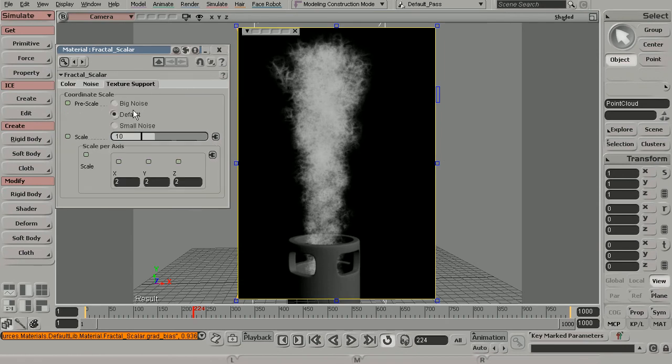We also have in the Fractal Scaler the texture support. Now this is another thing that's really important because, again, depending on your particular scene, you may wind up in a situation where you need to get larger or smaller fractal patterns, depending on the size of your particles. So if we go into the texture support tab, we have the scale. As we start to bring the scale down, this should start to increase the size of our fractal patterns. So you can start to see now some larger patterns beginning to appear